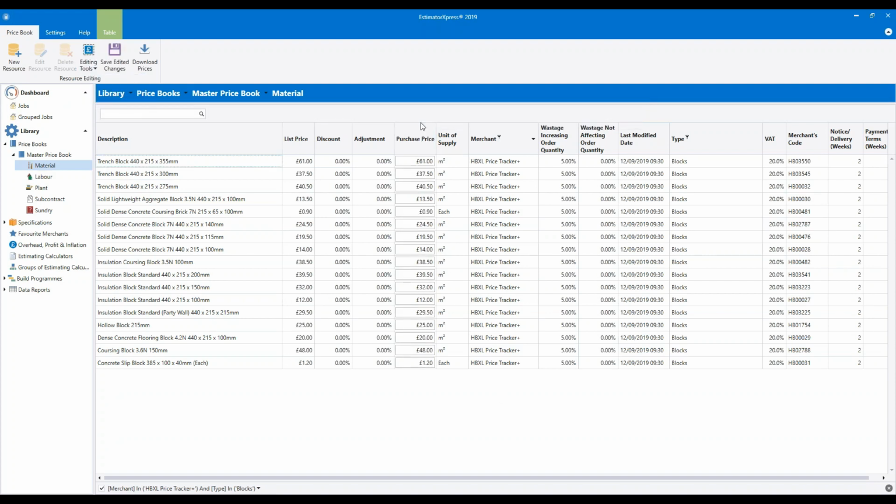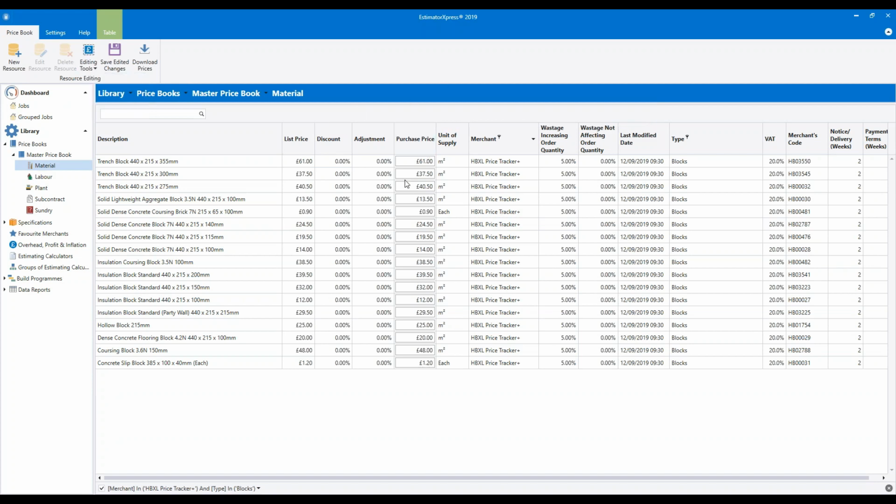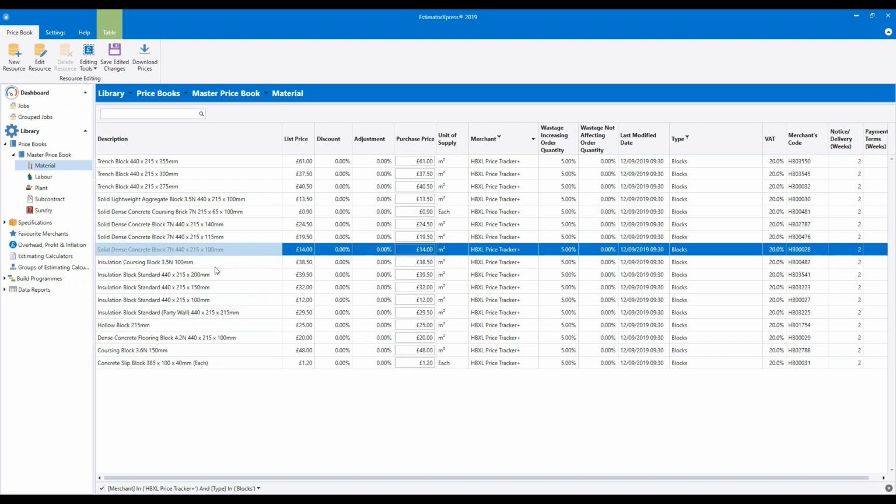Once you've done that, the purchase price column is unlocked. So just to recap, Editing Tools and then Edit Prices. So this opens up the purchase price column. So we can now update the prices of any of those products as we see fit. I usually start by changing the price of the solid dense concrete blocks, 7 Newton, these ones here which are 100 mil wide.